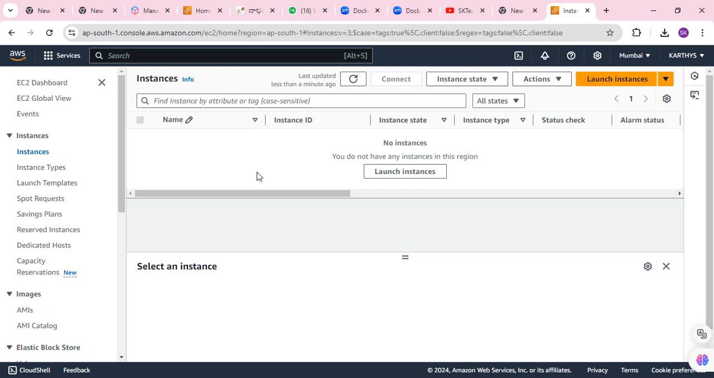Okay. So let me quickly create a server. I hope I already shared a video link on how to create the AWS instances and how to connect as well. Now let me quickly show you. So earlier I mentioned here,